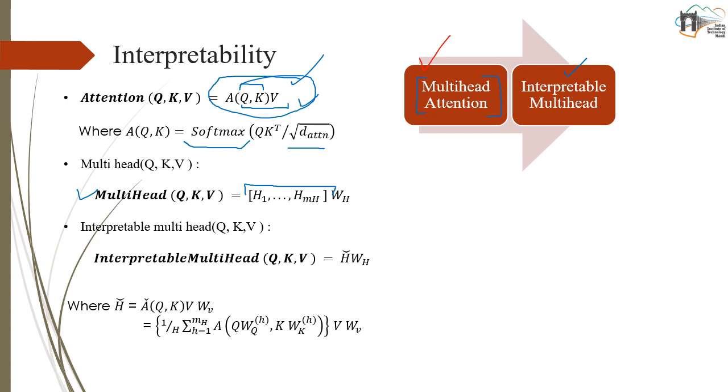Now this multi-head attention was used in the basic transformer paper that we talked about. But as we know, the issue was that this concatenation was not that interpretable. So to make it interpretable, what they did was, this whole concatenation term was replaced with h tilde. In this formulation, they take a shared value matrix. The value matrix was taken as a shared value.